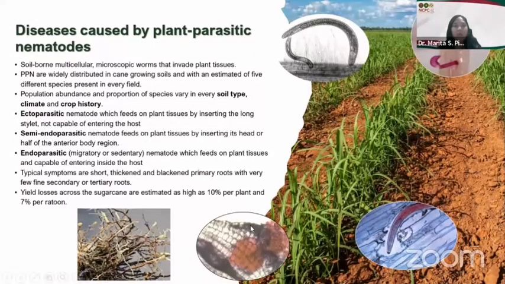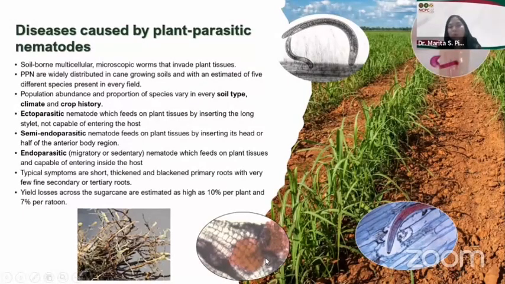The other one is the endoparasitic nematodes. It's further classified into migratory and sedentary. When you say migratory, it can penetrate inside the host cells and move from one cell to another, and it can create tunnels inside the host tissues. The other one is sedentary: once it has penetrated inside, it stays there all throughout its life cycle, especially the female. And then it will establish its nurse cells or feeding sites all throughout the life cycle,